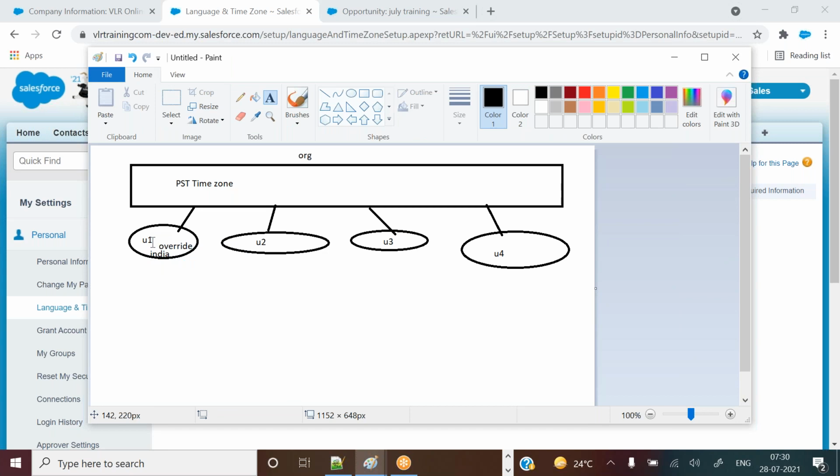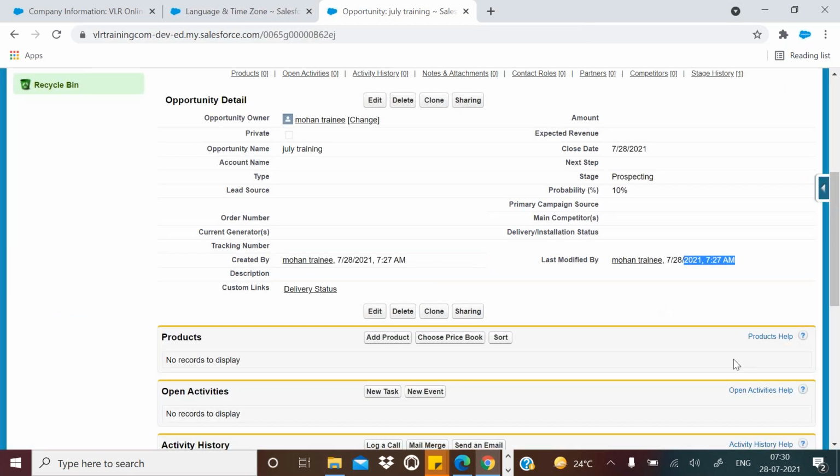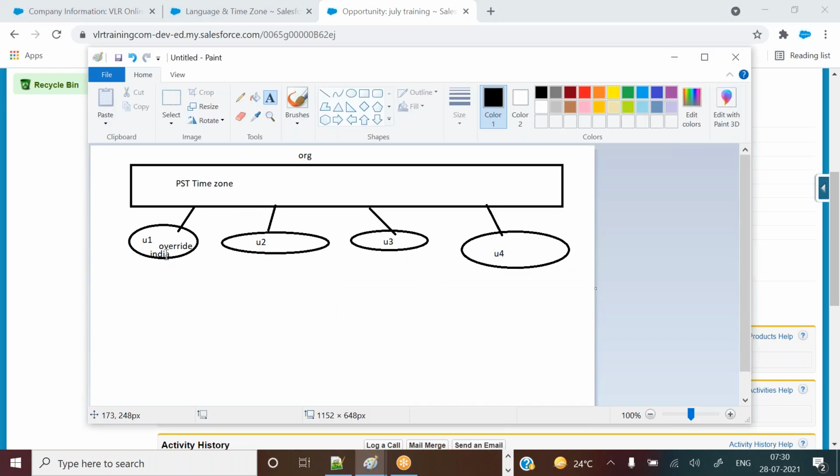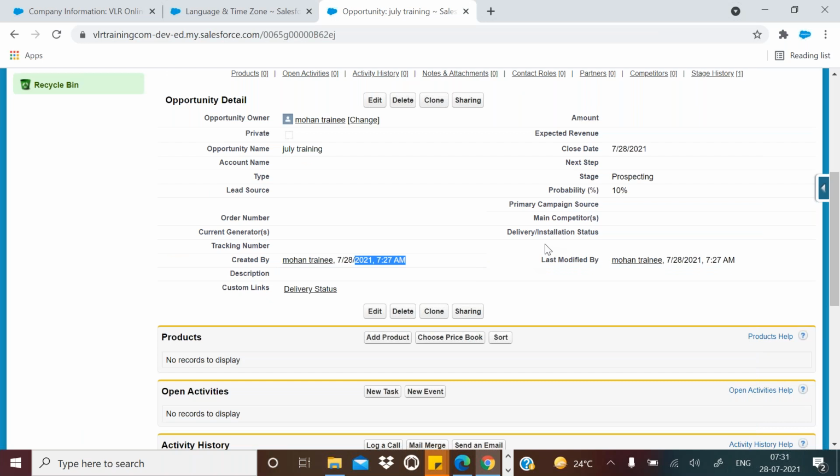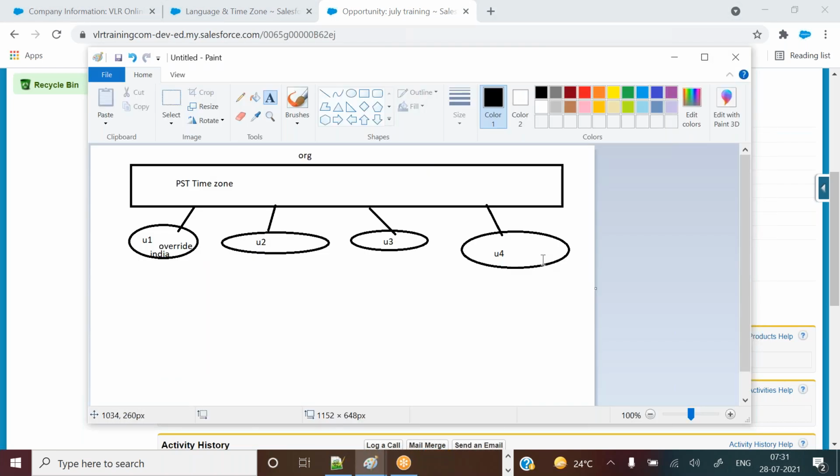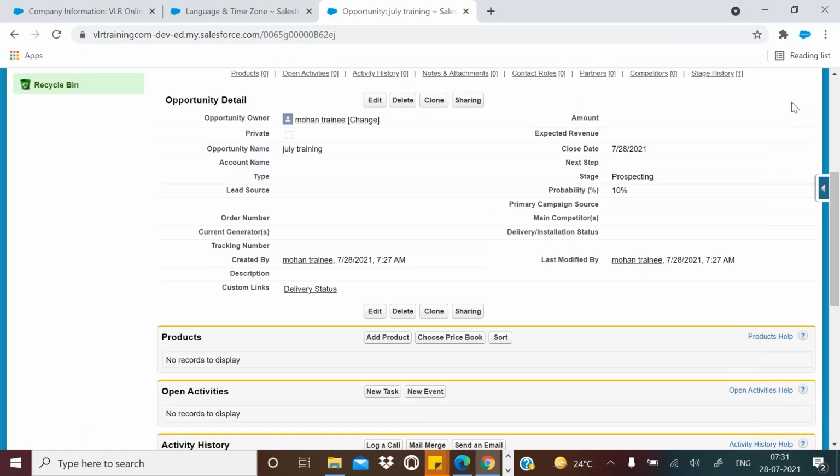If user one logs into this org, they can see the India time zone, and if the remaining users log into the Salesforce org, they can see the Pacific Daylight time zone. That's how it will work.